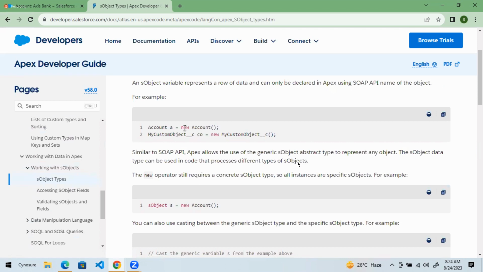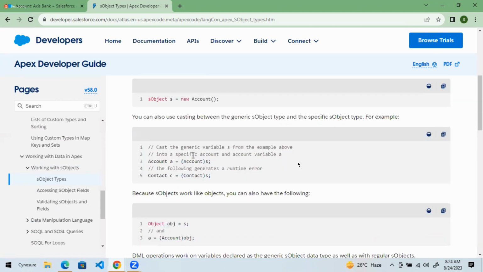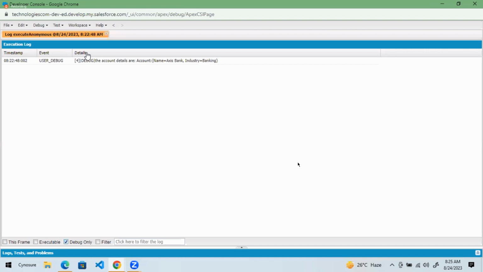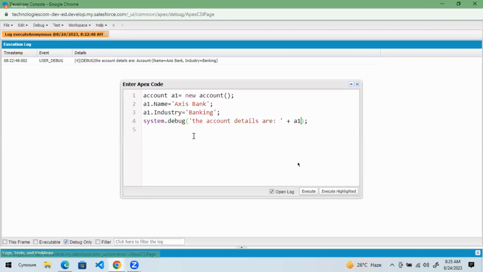See here, Account a = new Account(). In this way I created it, and a.Name, a.Phone, a.Industry, like that I can do. That is one way of doing it. Another way of doing it is like this, with the curly braces. Instead of curly braces, I need to use normal braces. That's the mistake we have made. Instead of writing this, what can I do? Here itself I can directly give